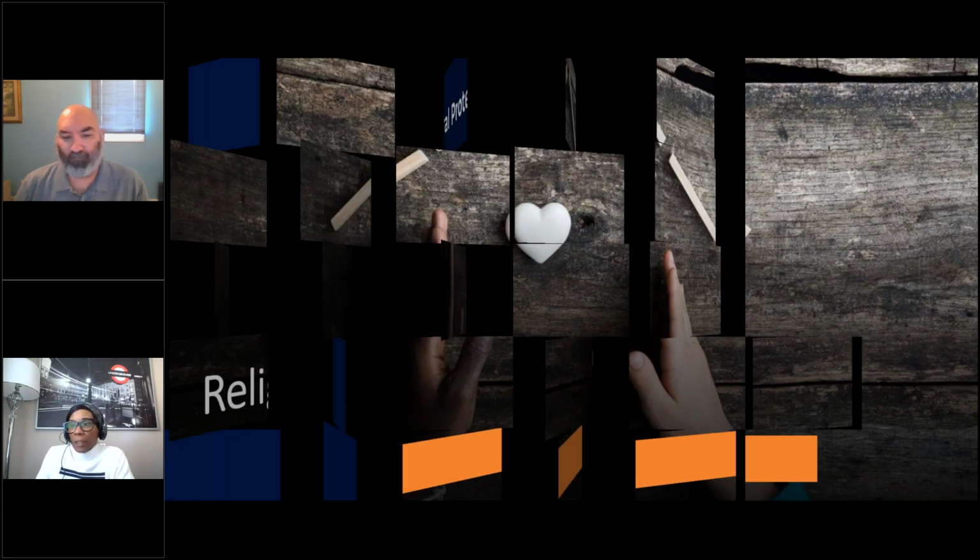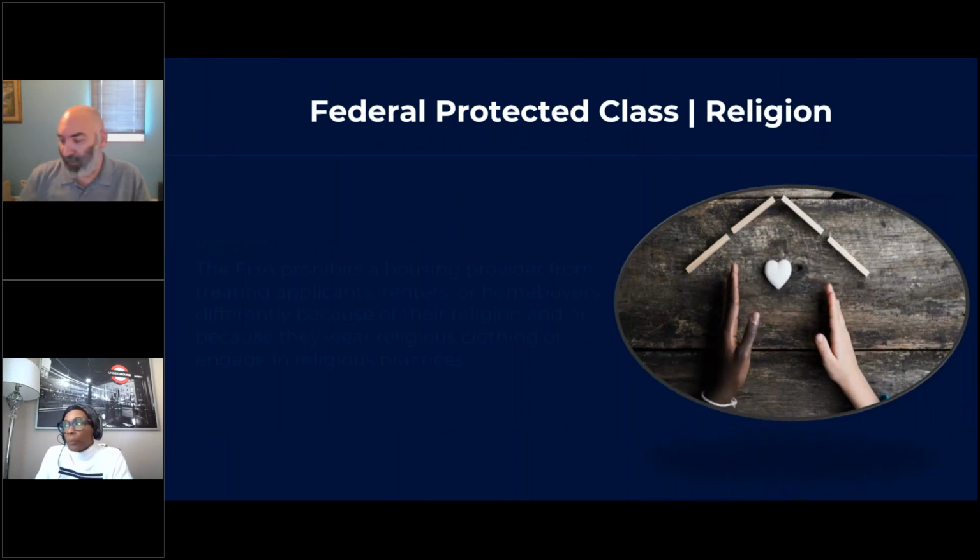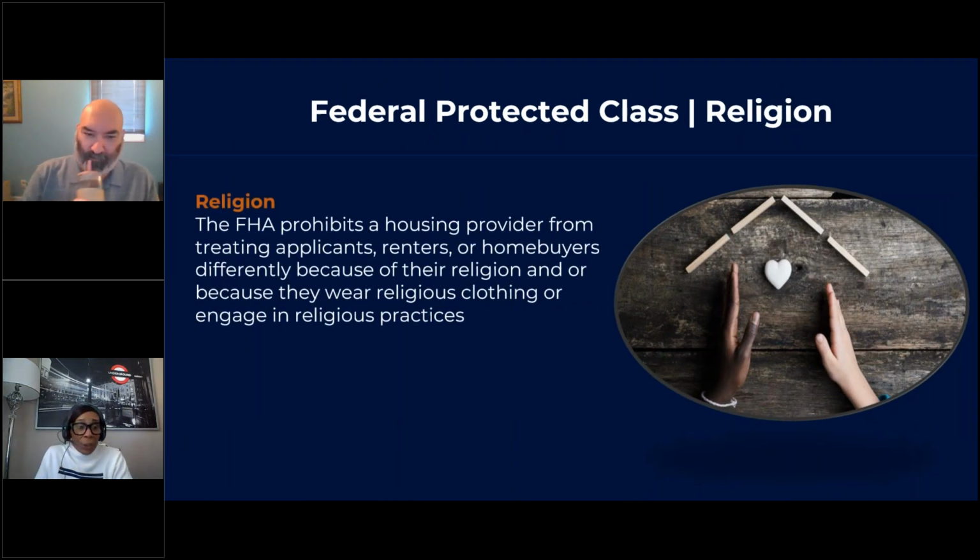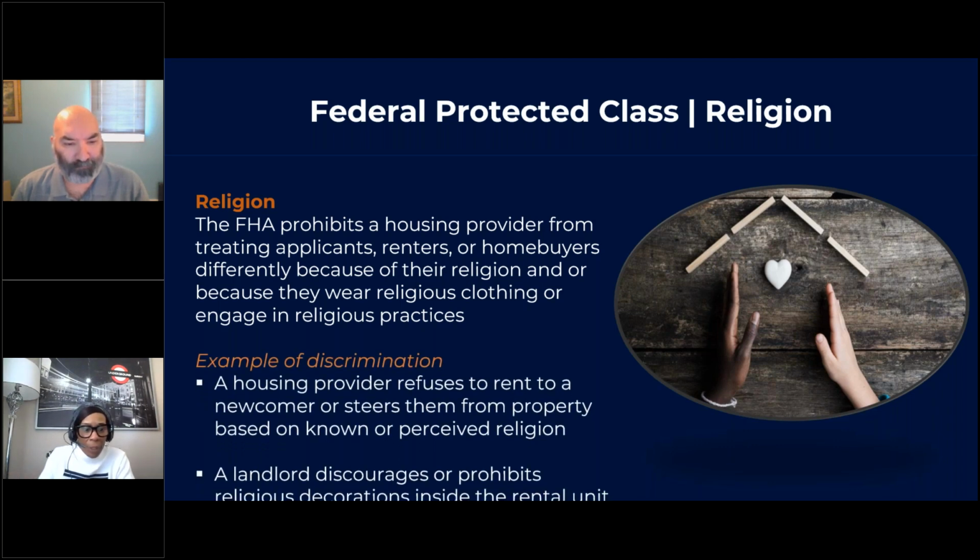We're going to talk about religion. Go ahead, can you click that for me? Now, discrimination in religion includes applying different terms or conditions of housing, denying housing applications, or steering people to a certain neighborhood or building because of their religion. Go ahead, can you click that? So let's talk about the examples because it can help put it in perspective. For example, if a housing provider refuses to rent to a newcomer or steers them from a property based on perceived religion,